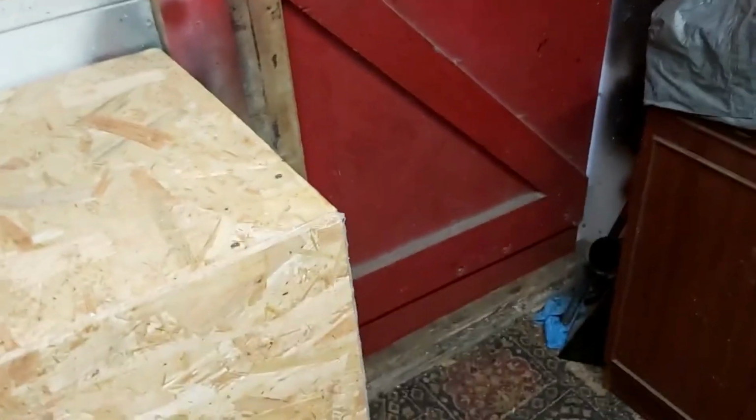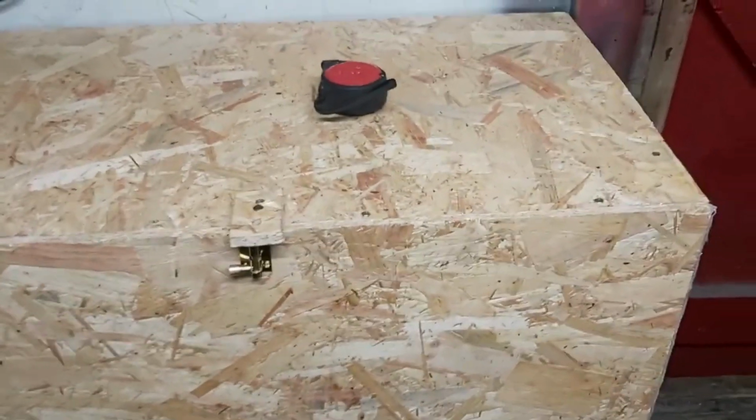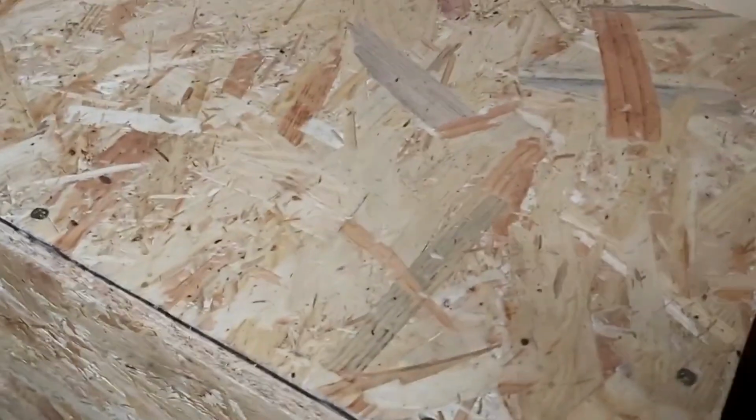So what I'll do, this is a bit awkward, I'll just put that there for a second, and then I'm going to put this camera somewhere where I can rest it. Well, I couldn't find anywhere to rest the phone camera. So anyway, as you can see, the door's in place. I'll move this tape measure. The door is in place. It's not fastened properly. Reason being,